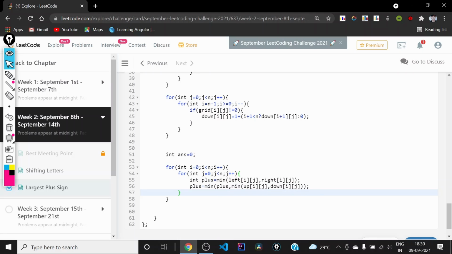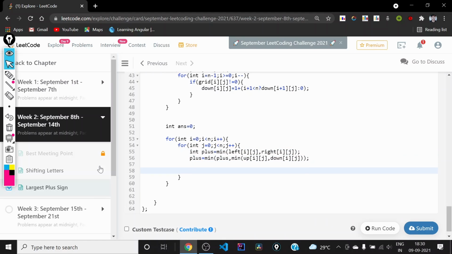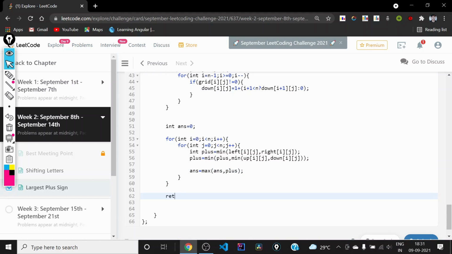You can also write it in one line, but we will have to nest these min conditions. So this will calculate the minimum of all these four values, and now we need to update our answer. Just in case this plus is more than the answer, the answer will become equal to this. Otherwise, the answer will remain the same.